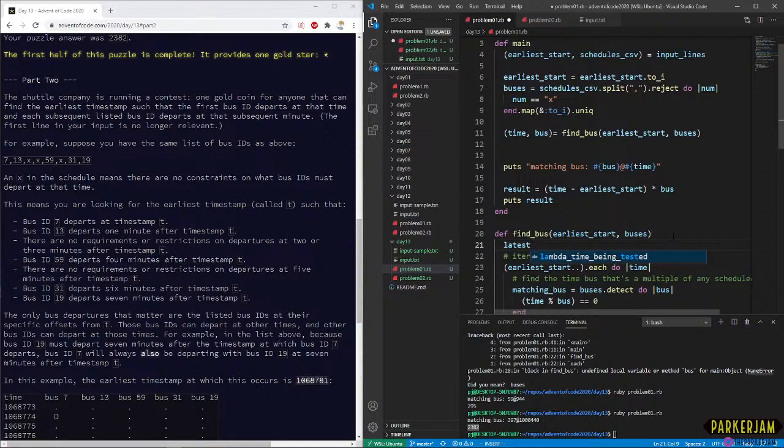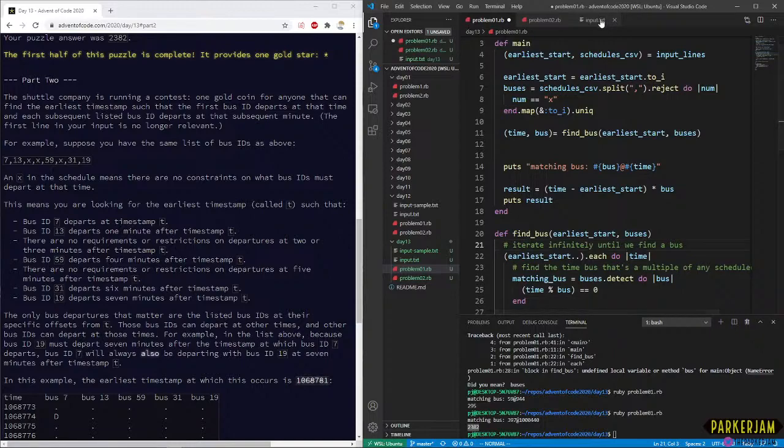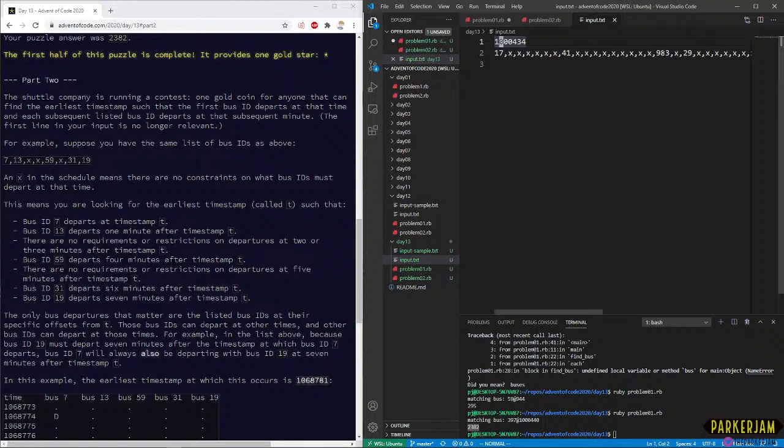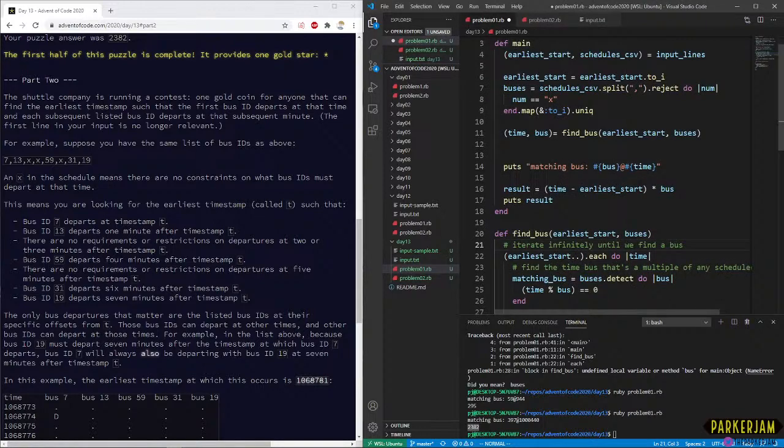Because these are not going to appear in sequence. Well, actually, I guess they technically could. It could be the first instance of 983 could be the... No, because that would mean that it's only 2, 3, 4, 5, 6, 7. It's maybe 20 after 17, so that's never going to be true, right? That's never going to be true. So yes, let's just do it as a slight optimization.